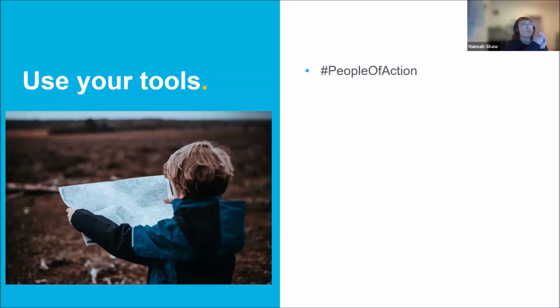And then another tool to lean on is tagging folks. So if you're partnering with a Kiwanis club to do a community event, make sure you also tag that club, because the social media platforms love to see that you're using all the tools that they give you. So if you're on Instagram, that's using stories, polls, all of those things.